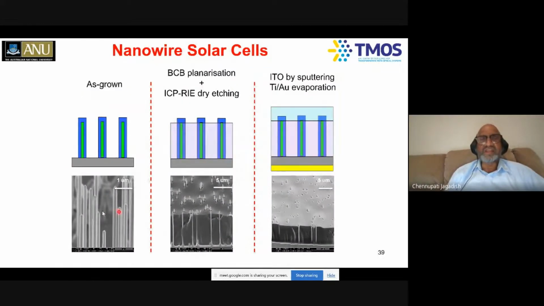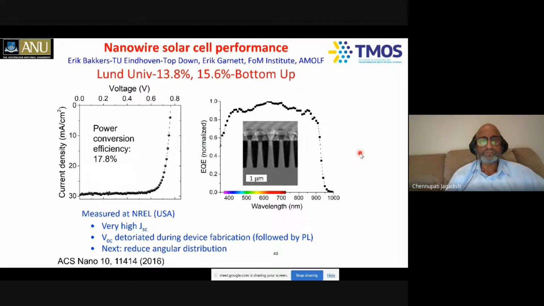So the challenge again is how to make contacts. And again, you see gallium arsenide, aluminum gallium arsenide nanowire, a schematic here, the actual grown structure, filled with the polymer, BCB polymer, and selectively etched using plasma etching. You can see the close-up of the structure, nanowires exposed, and then the polymer in the middle here. And then also indium tin oxide, which is coated on the top, and then the metal contacts at the bottom. Indium tin oxide is a transparent conducting oxide, which allows the light to pass through, but also has good electrical conductivity as well.